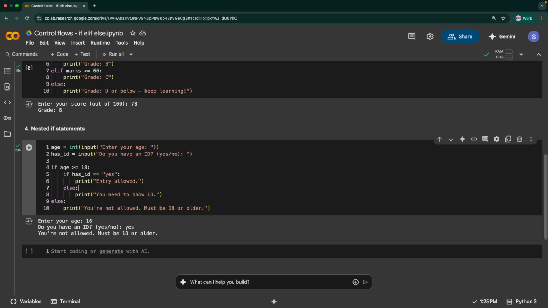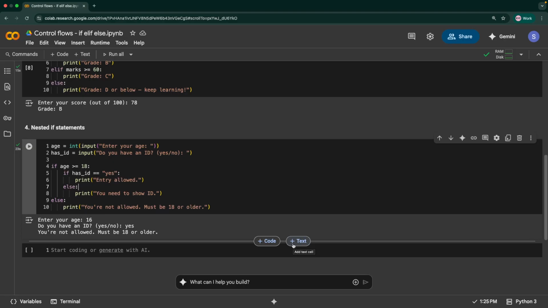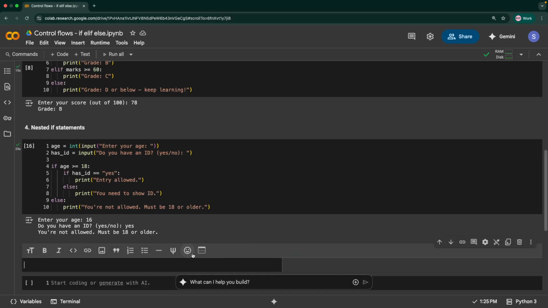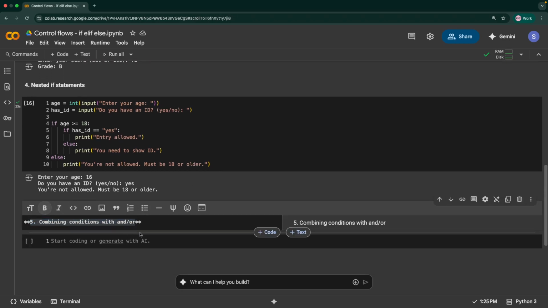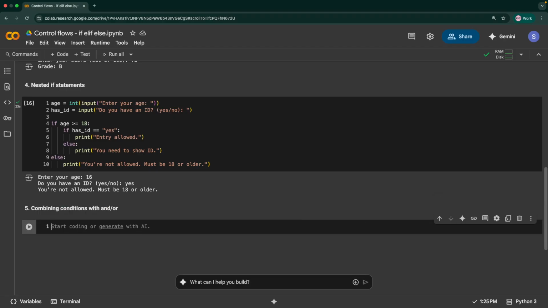And next we have the option to combine conditions with and, or you can use the or operator that we have seen in the previous section. So I'll call this the fifth scenario that we are working on, which is combining conditions with and, or. This is also something that we discussed in the previous section when we were discussing operators. Instead of nesting, you can also combine conditions on one line using and, or, and not, but you don't have to nest.